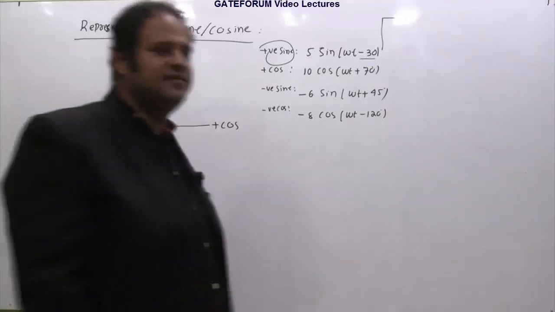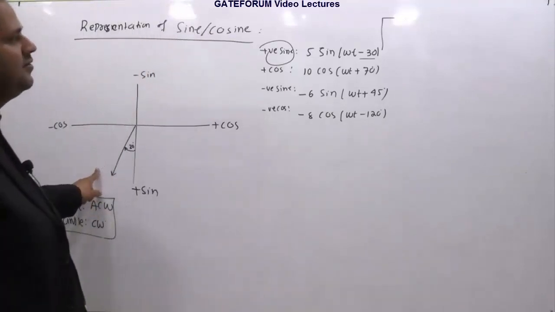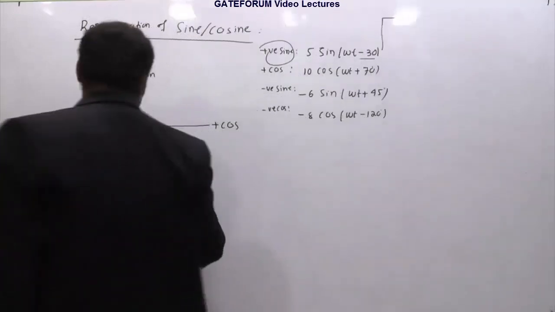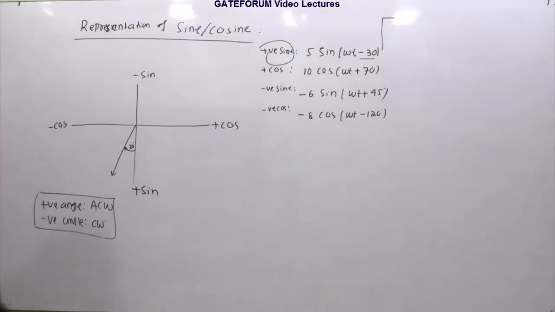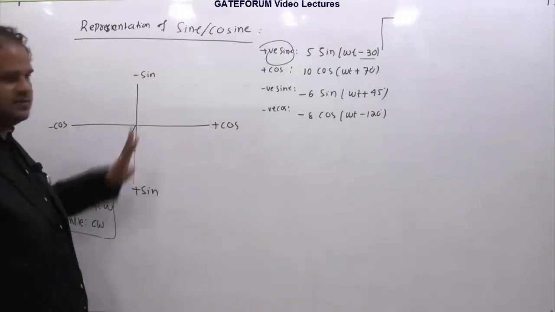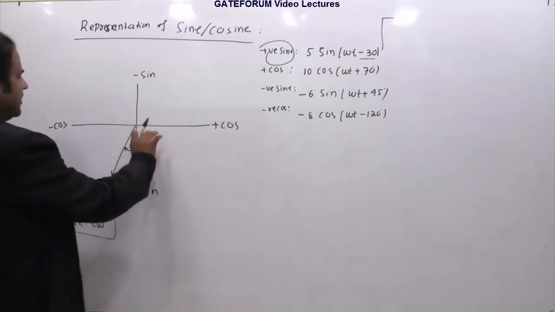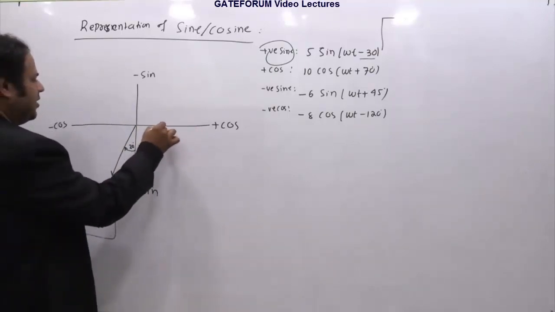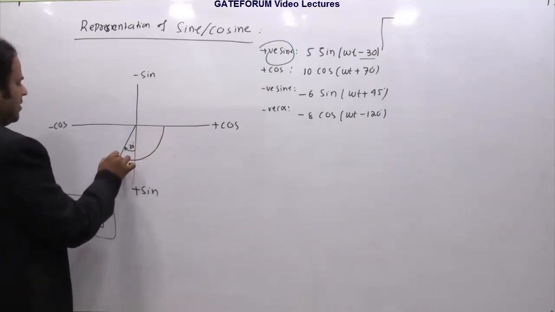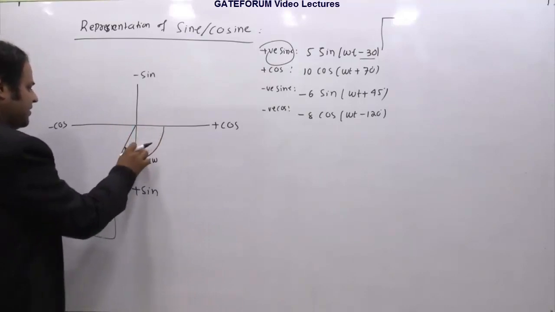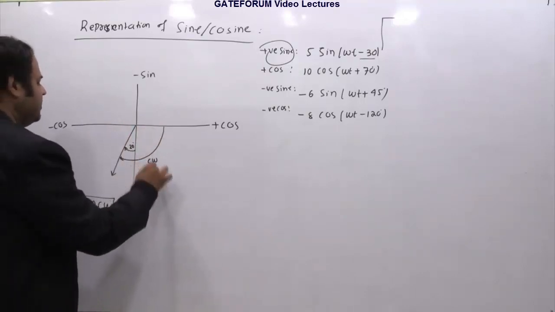Now my job in this case is to represent this quantity in terms of its other representations: in terms of negative sine, in terms of positive cos, in terms of negative cos. Now let me show you how it is represented in terms of positive cos. You measure the distance of this line from positive cos. Each of these is 90 degrees. The angle between these axes is 90. So I should measure the angle from the positive cos axis. From the positive cos axis, this is the clockwise movement, and how much angle? This angle is 90 and this angle is 30. So it is 120 degrees.